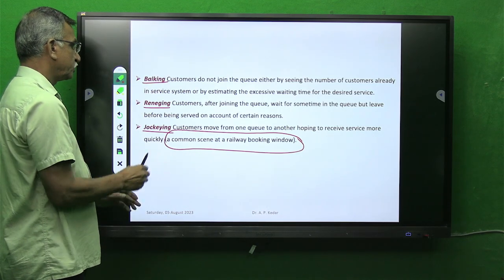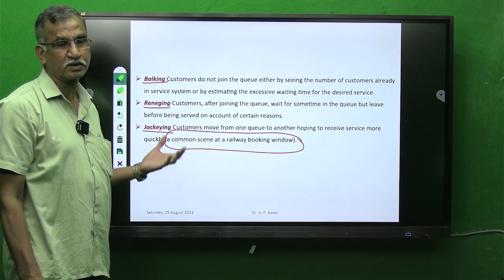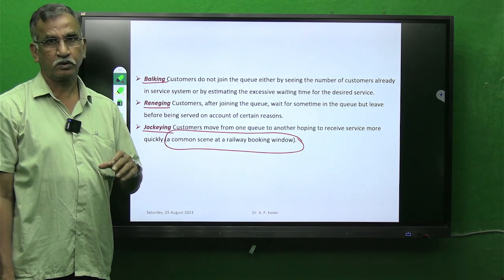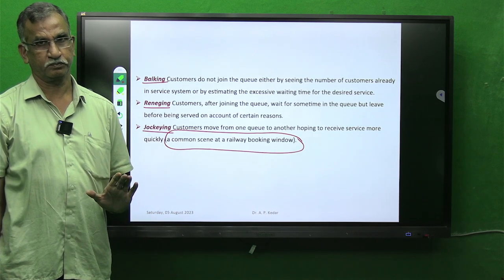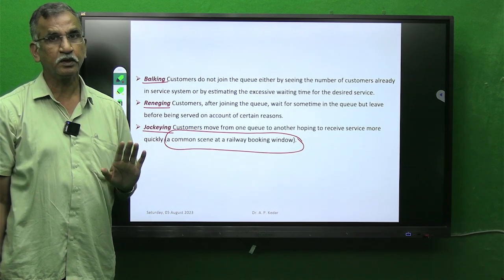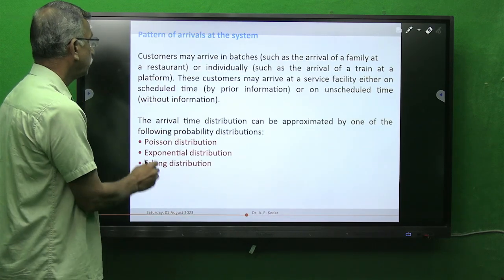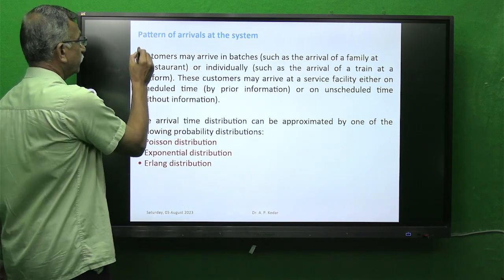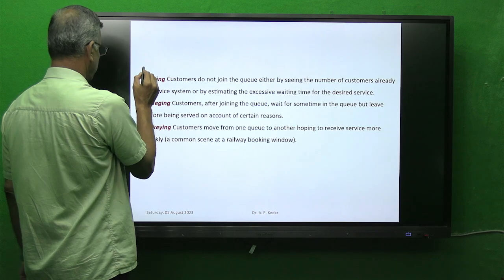So this is behavior of the customer, and if this customer behaves like this haphazardly, it is impossible for a system designer to design a proper system. One has to take that aspect in mind. Now, pattern of system arrival. We have seen that in real life,